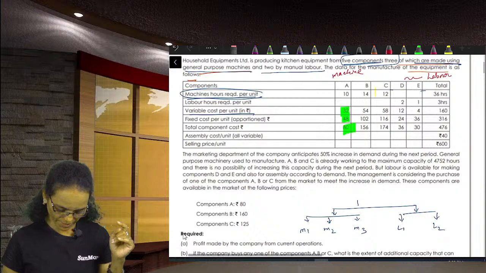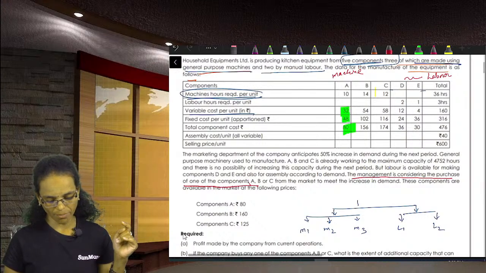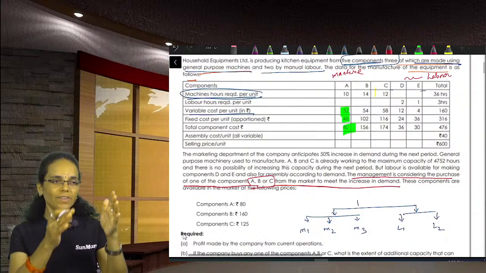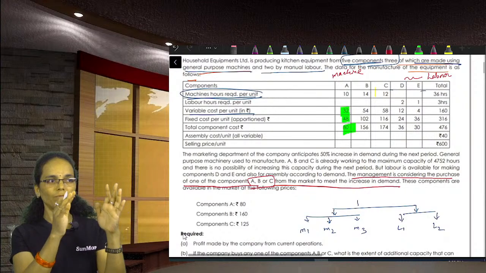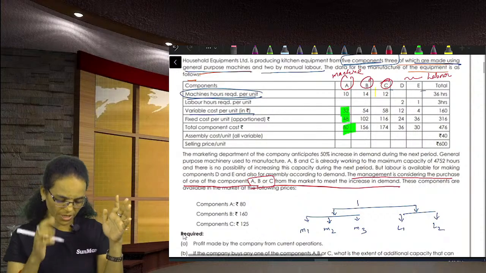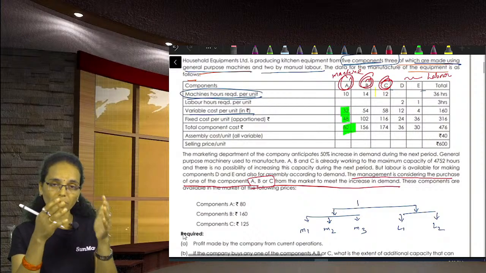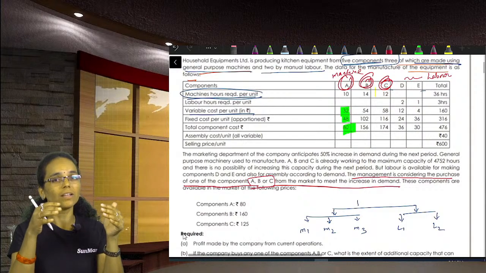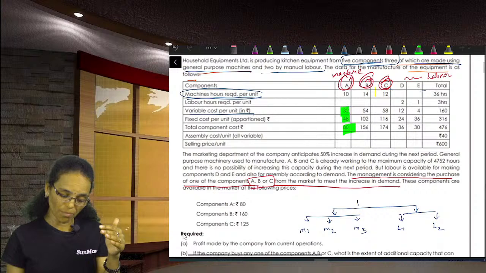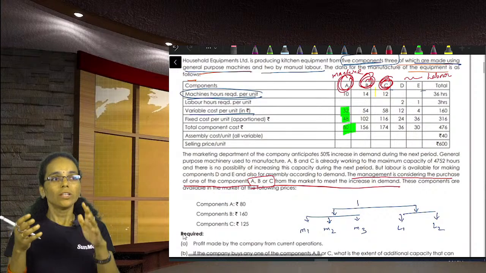Next. The management is considering the purchase of one of the components A, B or C from the market to meet the increase in demand. See, we need 3 components, manufactured from machine A, machine B, machine C. These components we are making in-house. If we purchase any one of the components from the external market, the remaining,